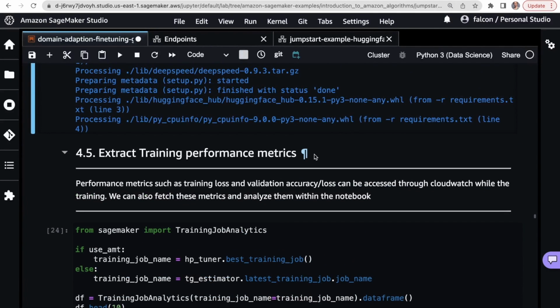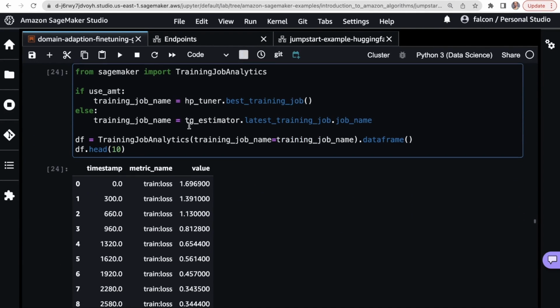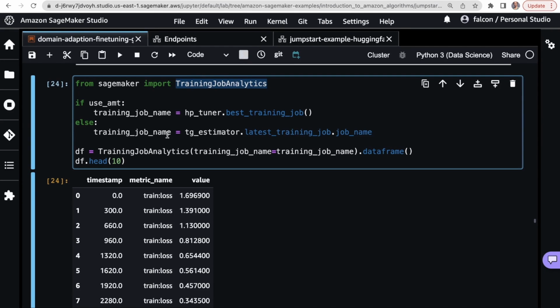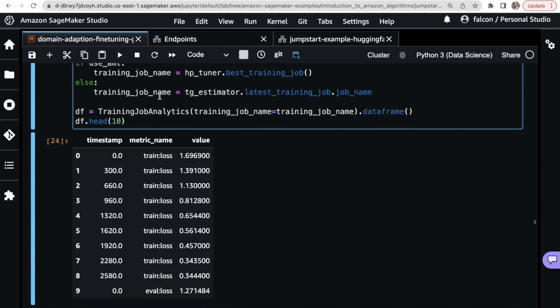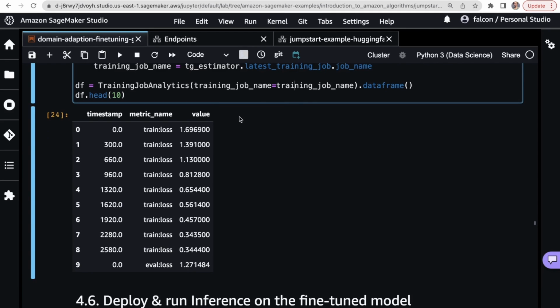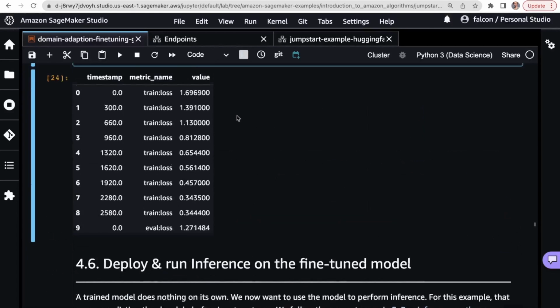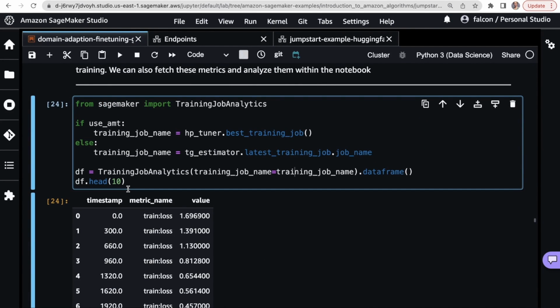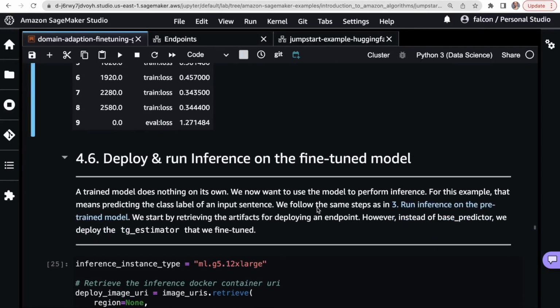All right, so in any case, you can run this using automatic model tuning, or you can run it without automatic model tuning. Both are fine. And SageMaker has this nice training job analytics. So after you've listed the job name, we can load up a data frame with the analytics for that job, which is nice. And in this one, we'll pick the best model. It's the best one that's loaded here. Notably, it was just one job. But in any case, we're going to deploy this.